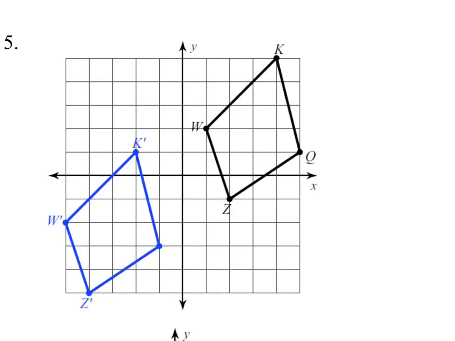And that brings us to the next one. We have our starting figure up here and a figure down here. Now, you could possibly think this is a 180-degree rotation, because those are opposites of each other. But you have to look closely at your orientation. K is on top on both of them, Z is on bottom for both of them. The orientation is the same between the two, and so that's what's going to let you know that this is just a translation, because translations don't change your orientation. So this is a translation,